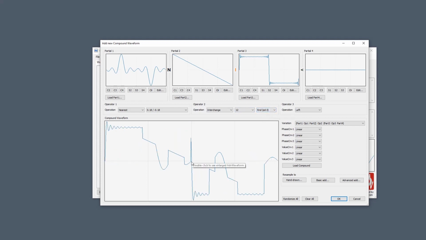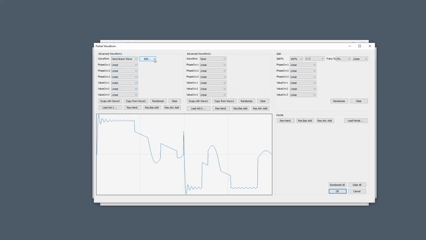For example, looking at this, I don't like this peak here. But if I otherwise liked and wanted to use this waveform, what I would do is I said, okay, what I have here is fine. I then resample everything. And that is all of the partials, and if they had any phase conversion or value conversion going on, that would be resampled also, and it will all be put in the first advanced of the first partial. So now it's a hand-drawn. I only have this one, and if I edit, I have nothing going on here. It's just a hand-drawn,